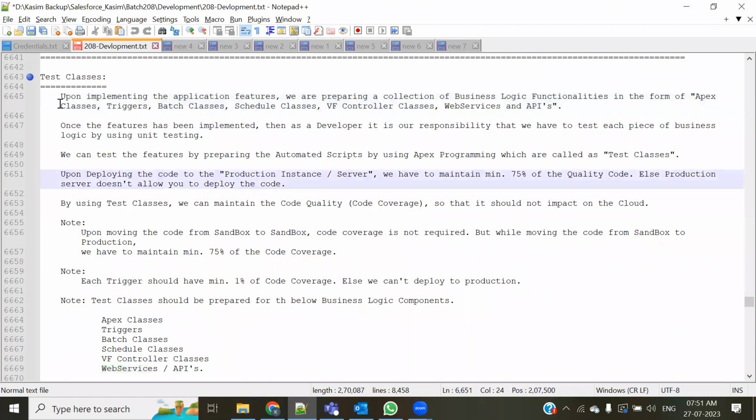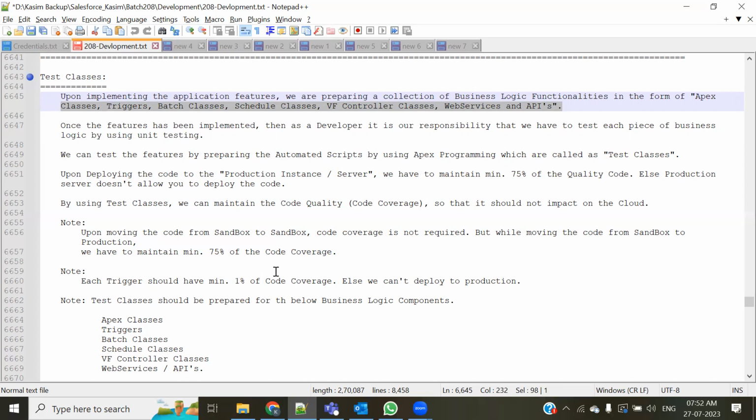Also VF controllers: in Visualforce programming, the backend part is the VF controller, which is again just an Apex class. So basically every programming component, a normal class, schedulable class, batch class, triggers, APIs,